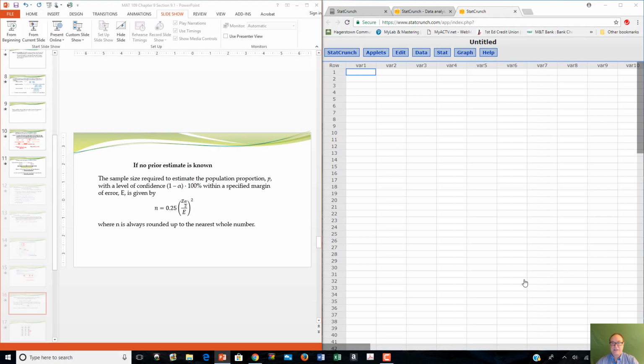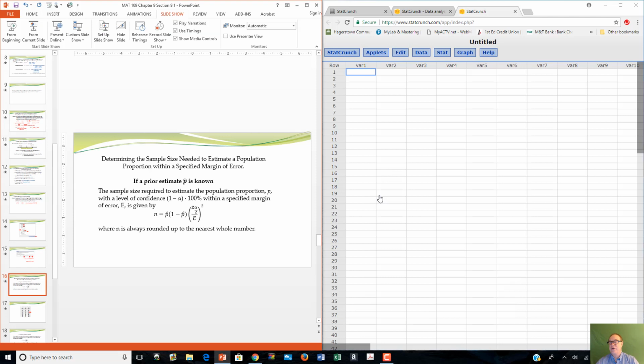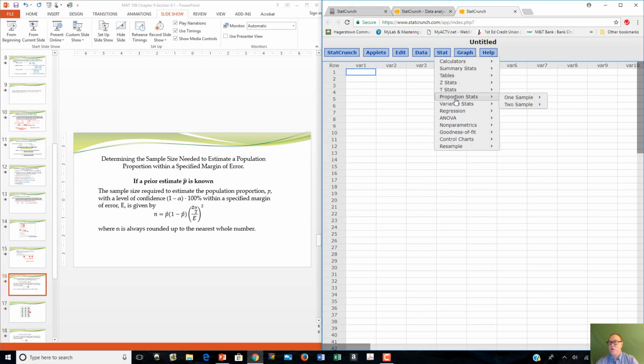Now, let me end this a second, go over here to StatCrunch and go through what I just talked about. Okay, you would open StatCrunch. Once StatCrunch is open, you click Stat. You highlight proportion. You highlight one sample. In a later chapter, we're going to do two samples. Right now, we're doing one sample. And we have the X and the N, so it's with summary. So we click with